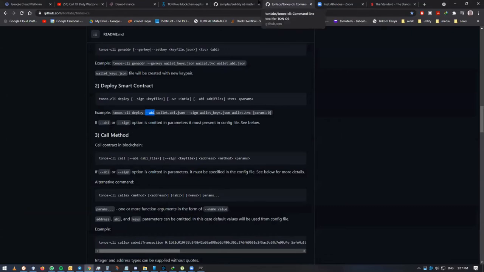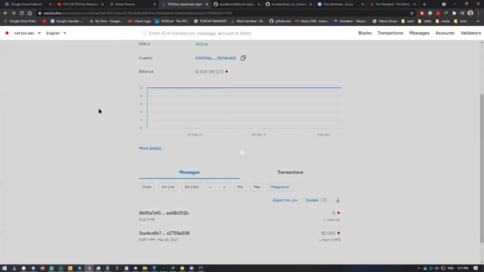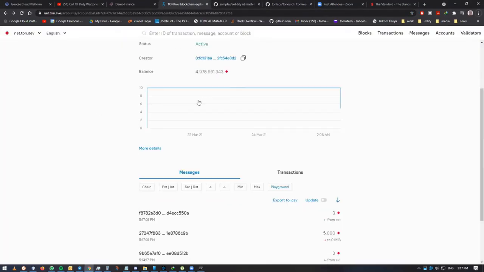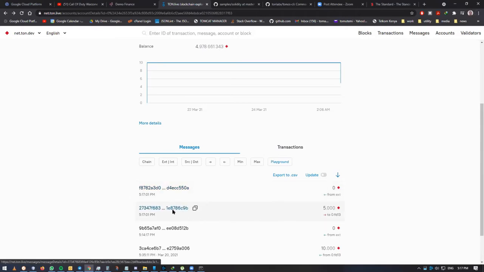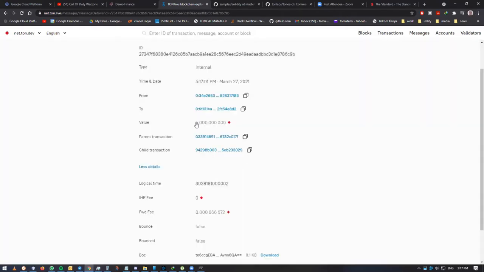Again, if we come back here to the Explorer, you can see we are about 4.9. And where did the money go? You can see where it went. We sent it to this particular address too. So if we were to copy this address